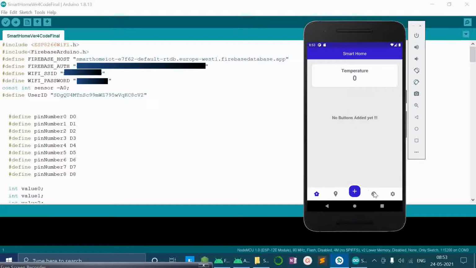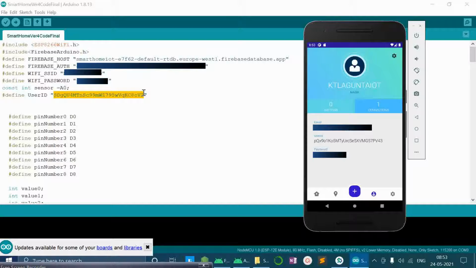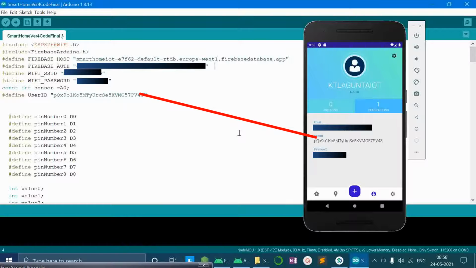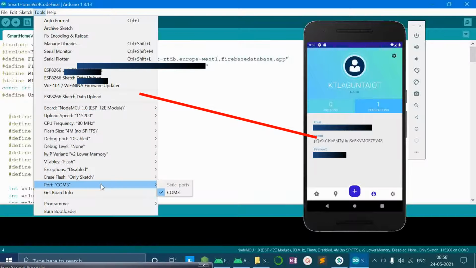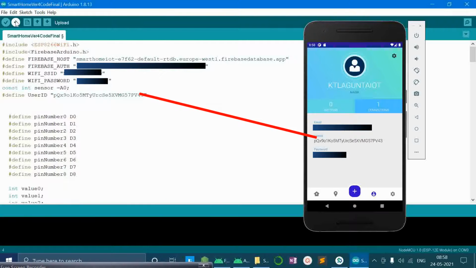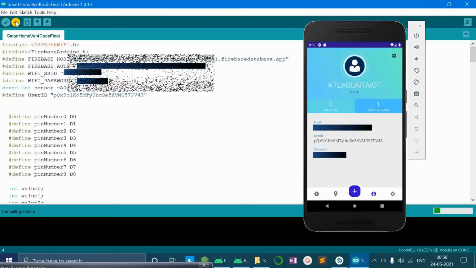This user ID we have to pass to the code which we have written in Arduino IDE. After this user ID, the Firebase auth token and the Firebase host name, we have to feed our Wi-Fi credentials also.